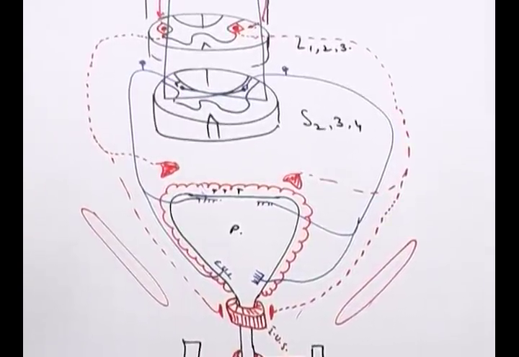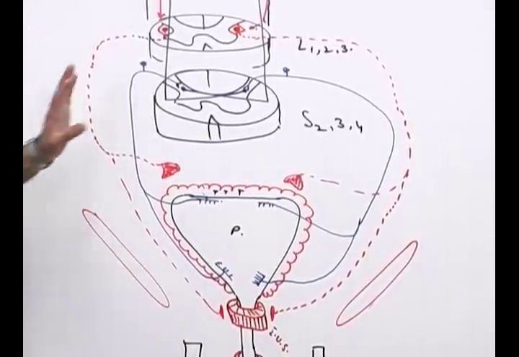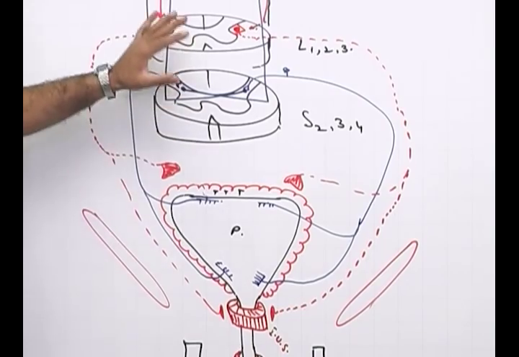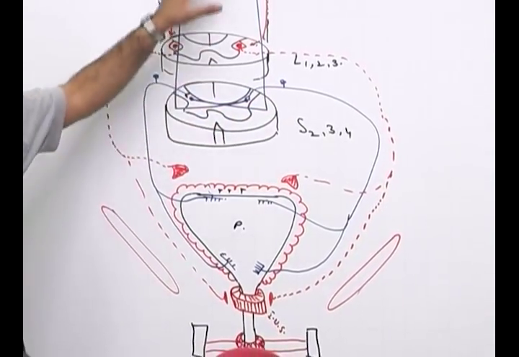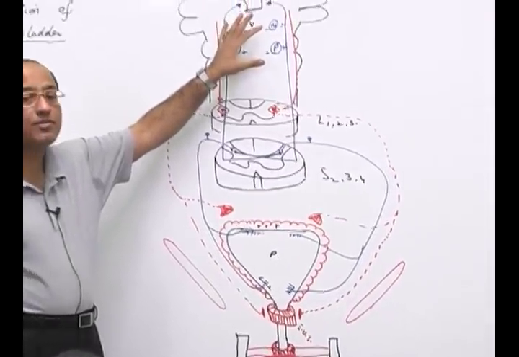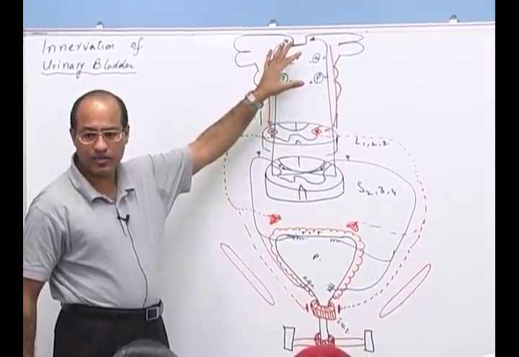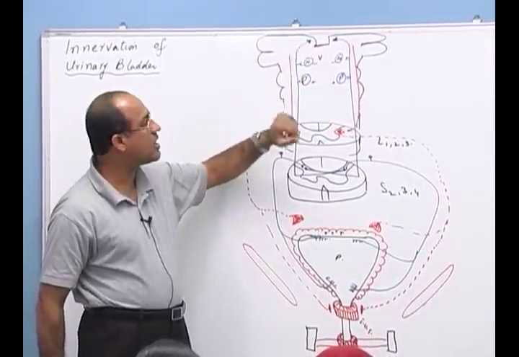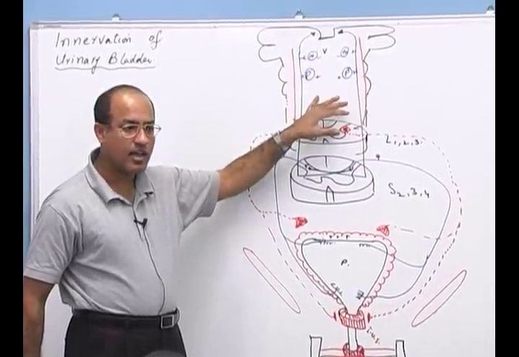Now listen carefully. What really happens? You are sitting comfortably, but all of this is happening automatically. That sensory input about the bladder filling is going to the central nervous system. You may become conscious of it if it is significant stimulation, or you may not be conscious of it if it is less than significant stimulation. But what really happens is that the central nervous system decides to hold the urine, or still remain in the filling